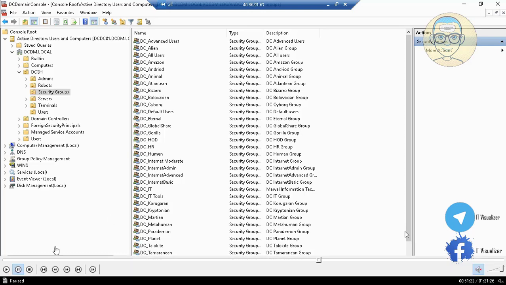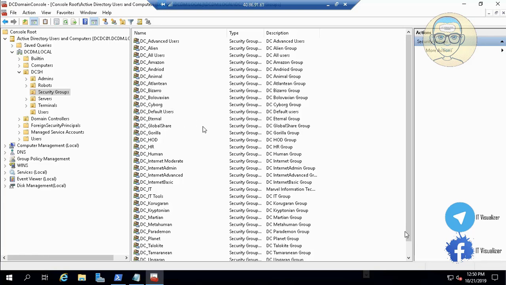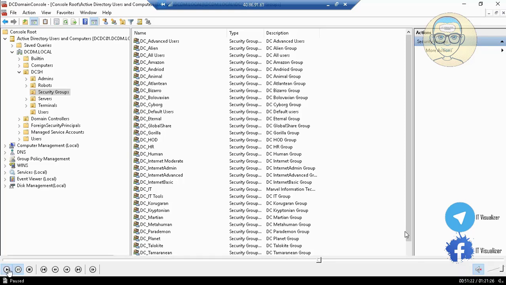Okay, so we can group users according to different criteria. We can group users according to their differences. Okay, differences as a species or as a country, or according to the department, or according to the program or software that we need them to have different levels of access. Okay, so anyway,